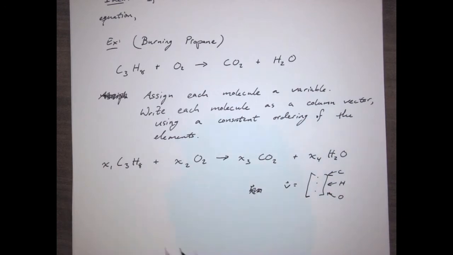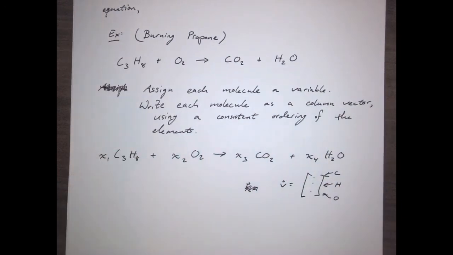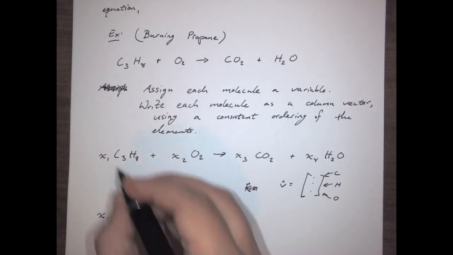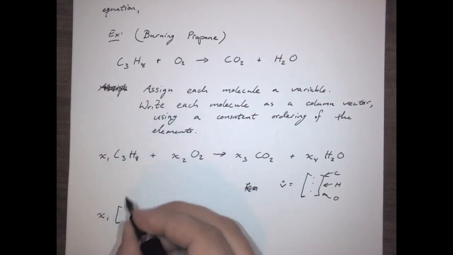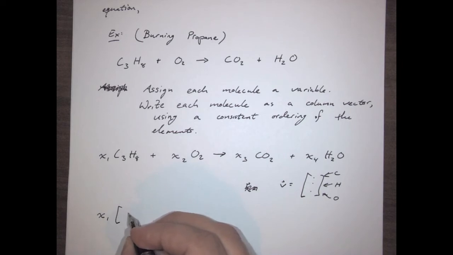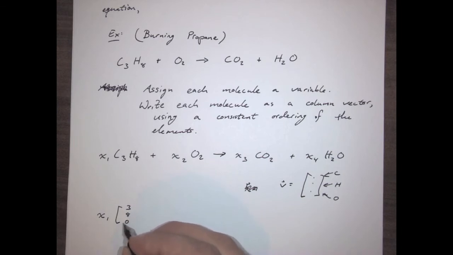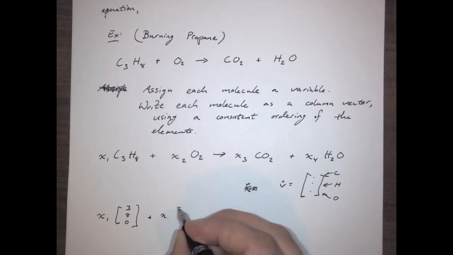So then we can now turn this chemical equation into a mathematical equation. So x1, carbon, it's going to be 3 of those. You just read off from the subscripts according to usual chemical notation. This is going to be 3 carbons, 8 hydrogens, no oxygens for the propane, plus x2, 0, 0, 2,